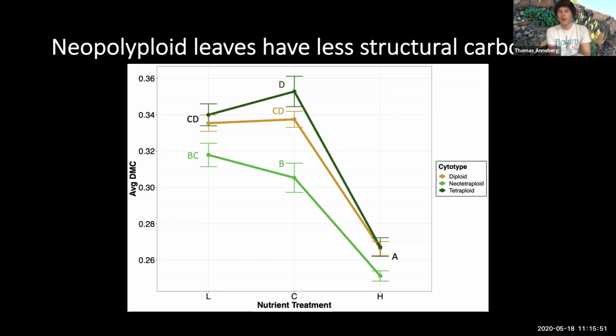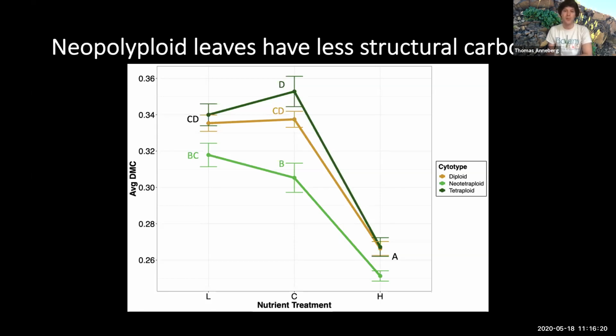there's a positive relationship with leaf longevity. So if the neotetraploids have less long-lived leaves than their diploid parents, who were perennial, that means that the return on investment for total carbon gain over a lifetime of a leaf might be lower. But we didn't directly measure photosynthesis traits like maximal photosynthetic rates of the leaves. So I can't necessarily say that directly, but it just appears that we've really got some less efficient leaves going